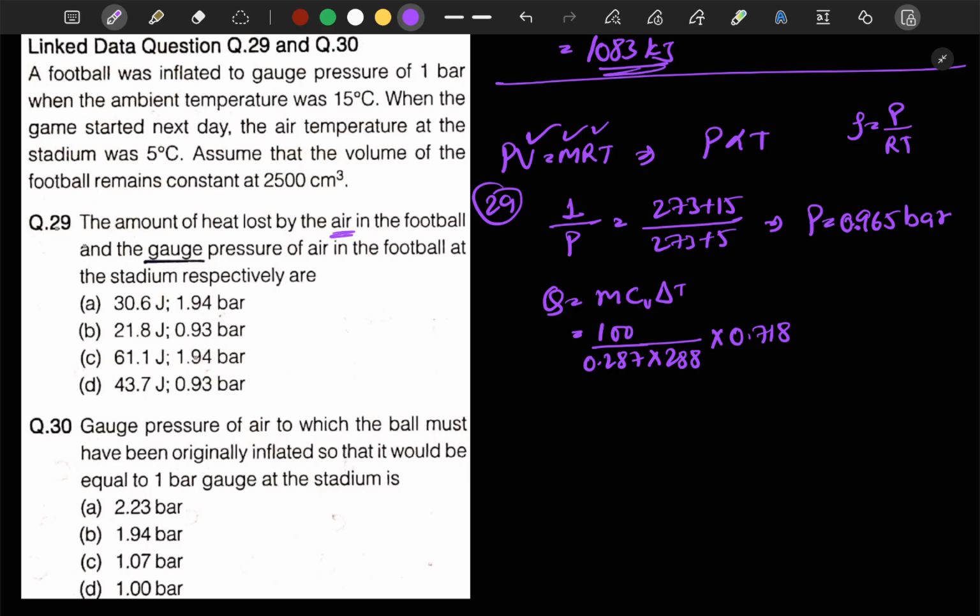0.718 is the value of Cv, into delta T. Delta T is 15 degrees Celsius to minus 5 degrees Celsius, so 15 minus 5 is 10. Okay, so we will calculate this value. 718 divided by 287 divided by 288 into 1000 is equal to